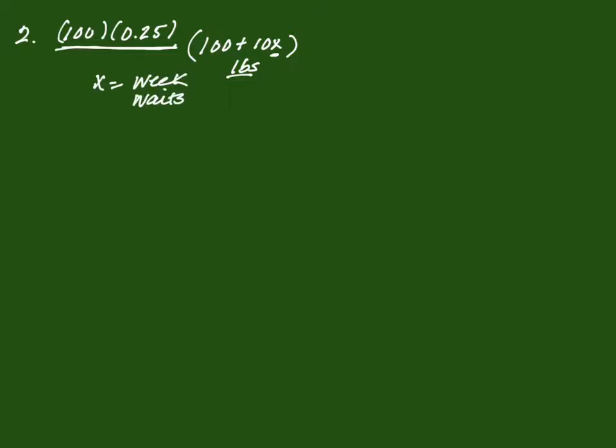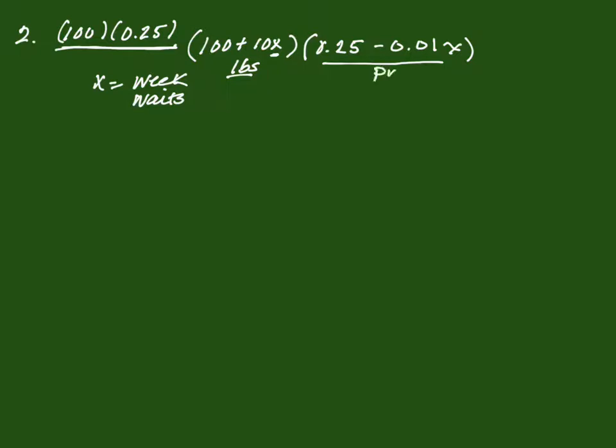Okay, for every week he waits, he gets 10 more pounds. And then, but that also affects the money. So the money would be, he starts out with 25 cents, but he loses a penny every week. So it's these two. This is the cost, or what he makes,